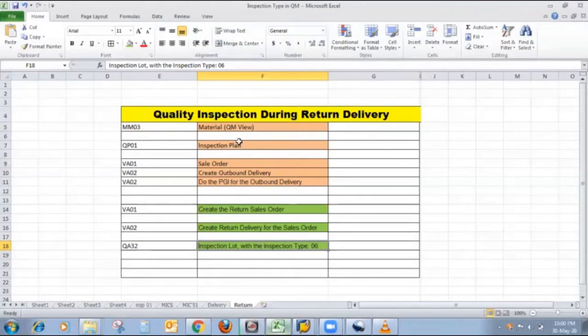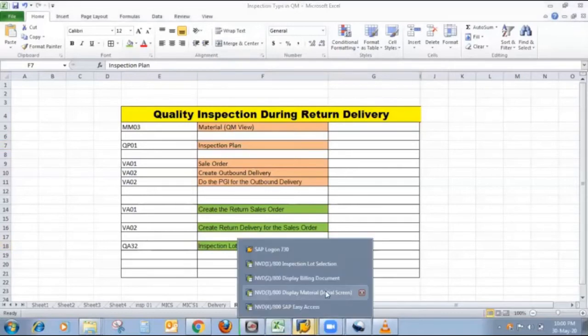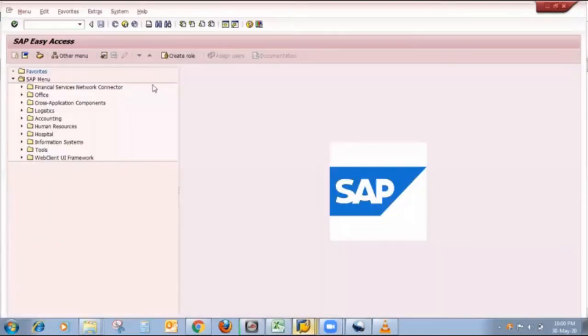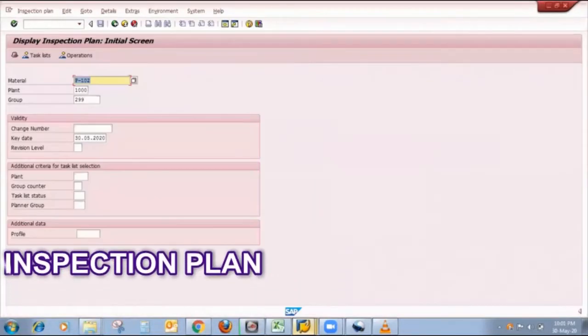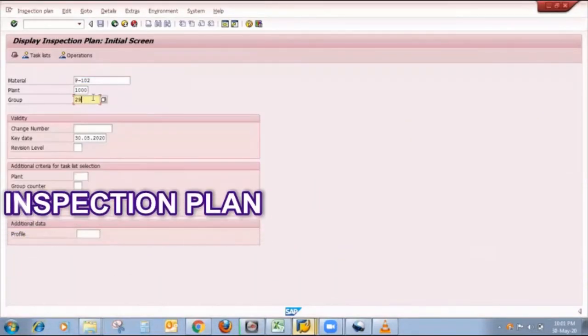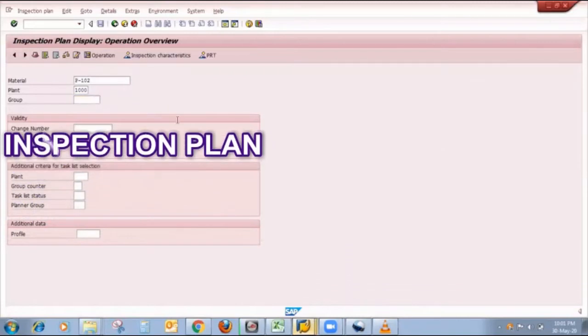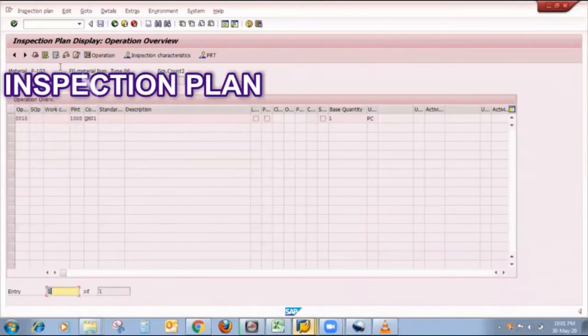So the next step is to show you the quality inspection plan. My T code is QP01. I already created it. So this is my material, this is my plant, and I will show you the header details.